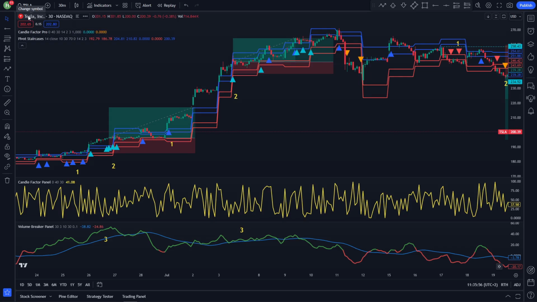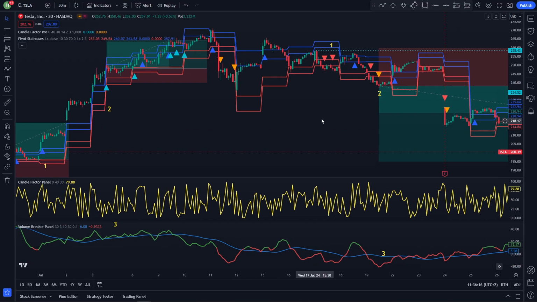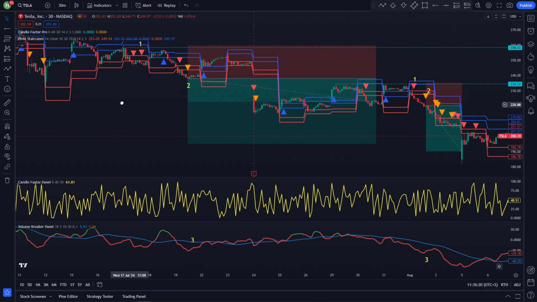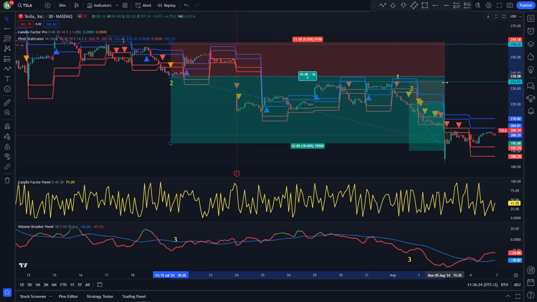Hey traders! Today we're diving into a powerful breakout trading strategy using free custom-made indicators that can elevate your trading game. We'll be showcasing the Candle Factor Pro, Pivot Staircases, and Volume Breaker Pro. These next-gen indicators are designed to help you identify breakout opportunities with precision and confidence. Whether you're a seasoned trader or just starting out, this video will provide valuable insights into how to effectively use